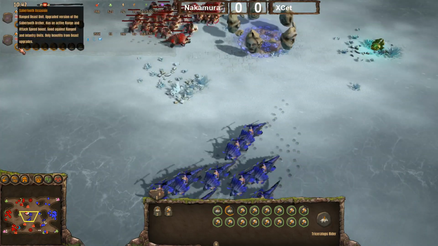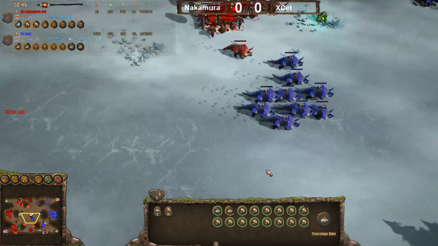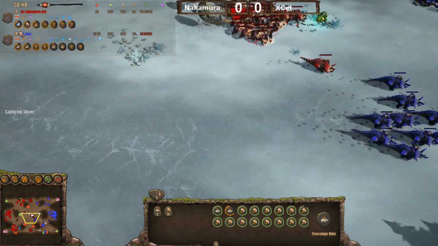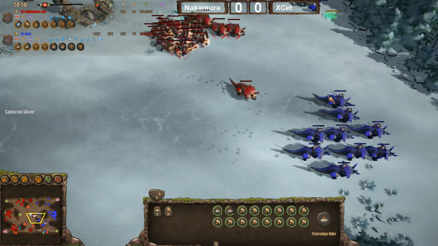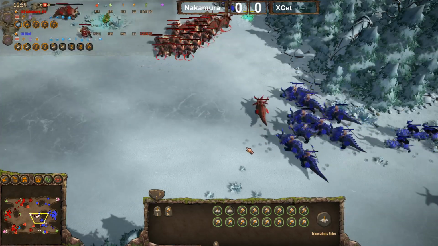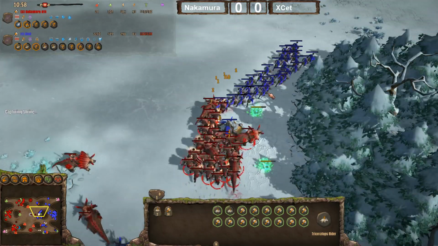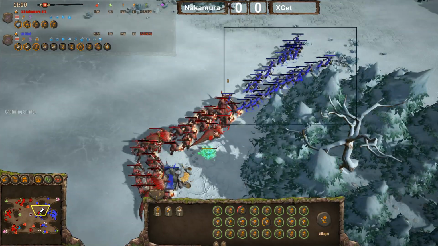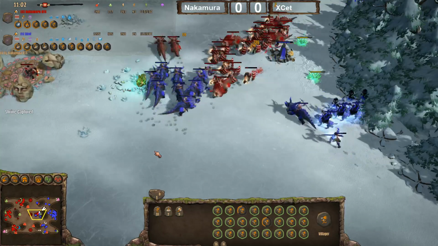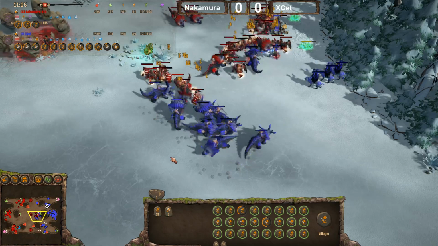XCet getting a nice amount of upgrades over here for his beast units to make them even stronger. Nakamura now also going for the Stampede upgrade, but I feel like upgrades is not what he needs at the moment. He needs to do some serious economic damage, and that is, oh my god, that is actually what he's doing. How many workers? That's 32 workers over here on the crystals,